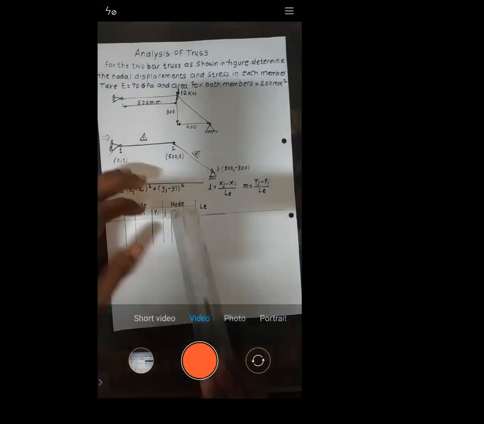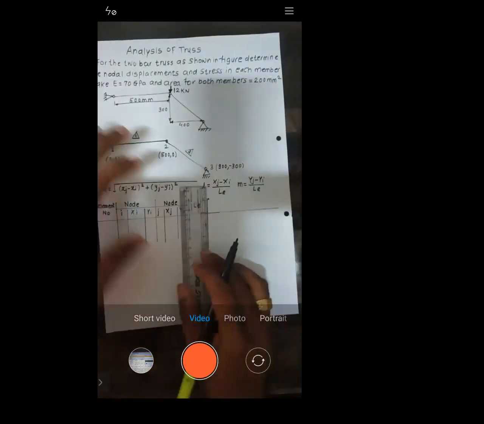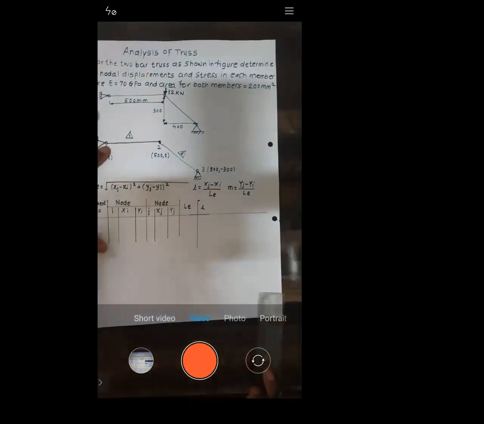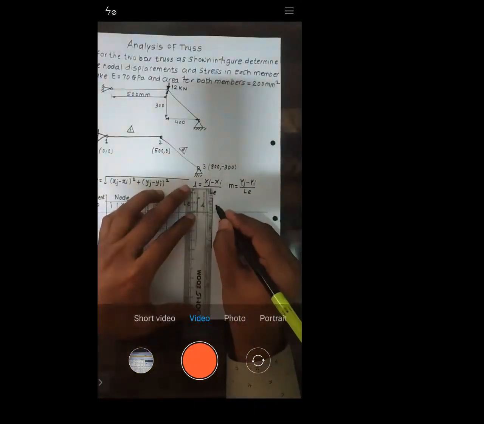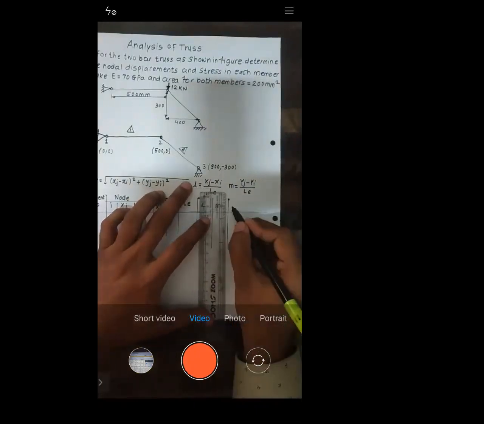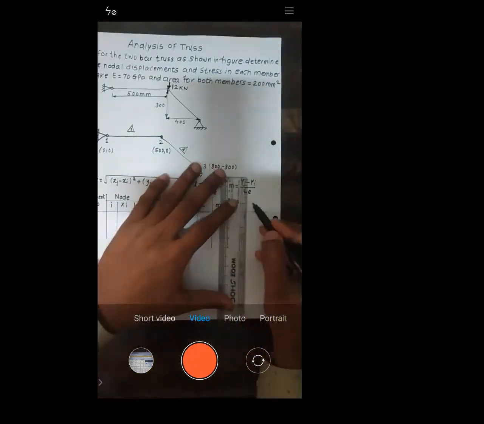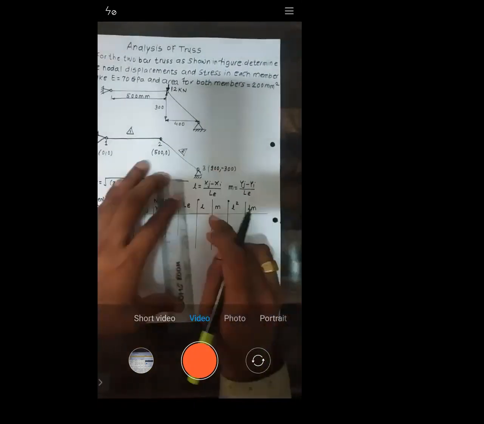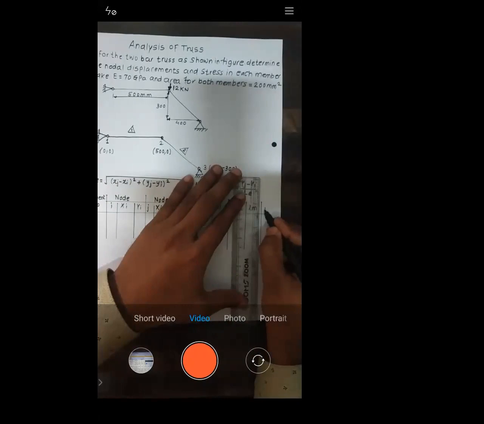Next point here is, what is L? The formula for L is given here. Next thing is, what is M? Again, the formula for M is given. Next you need to calculate L square. Whatever L you have calculated, just make it square. Then you have LM, the product of L into M. That you do. And next you calculate M square.